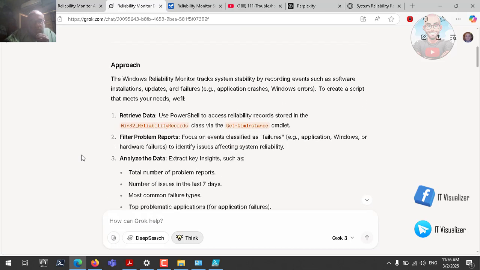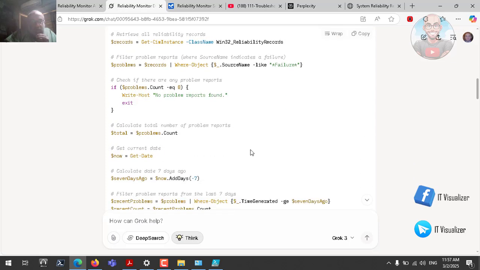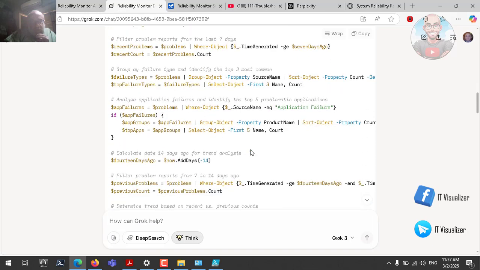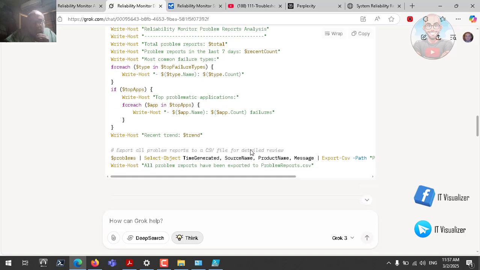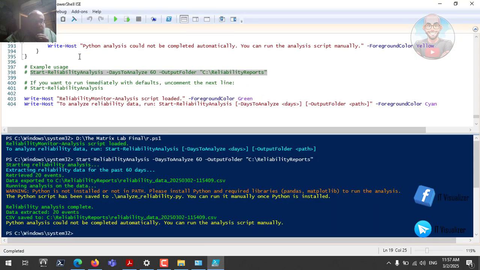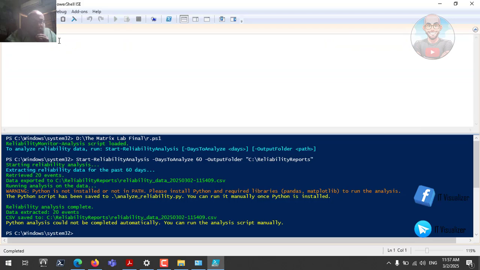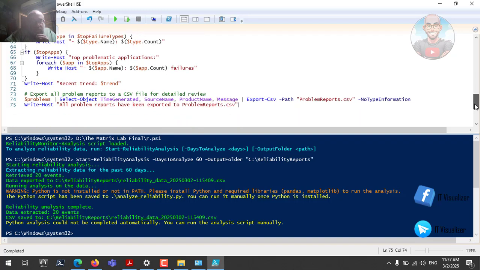Here is the approach, Get-CimInstance. So this is the script, reliability monitor records. Okay, no problems found. So let me see here if this can work. We can copy that one and try to use it. So we can go to another one here and do like that, and see where it will export this. So export all problems, export,